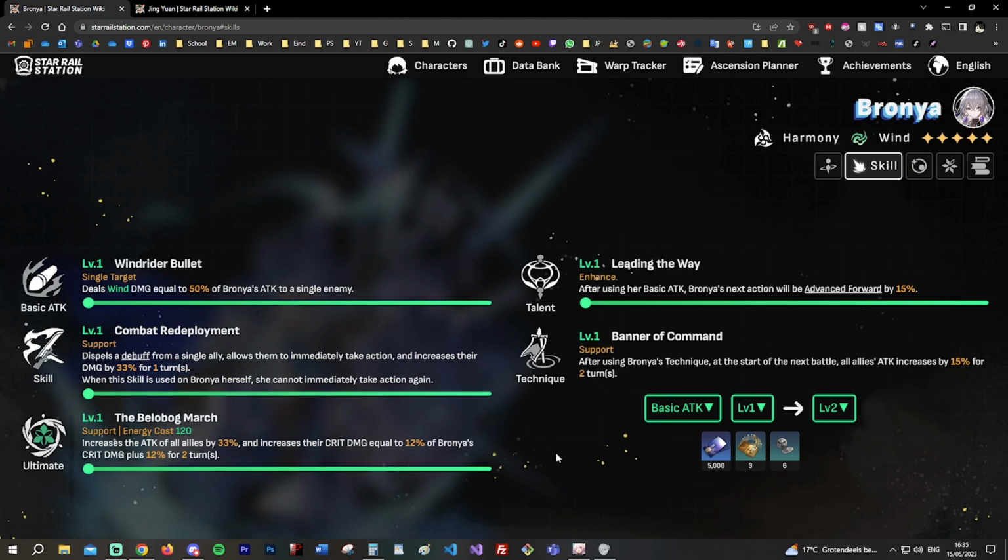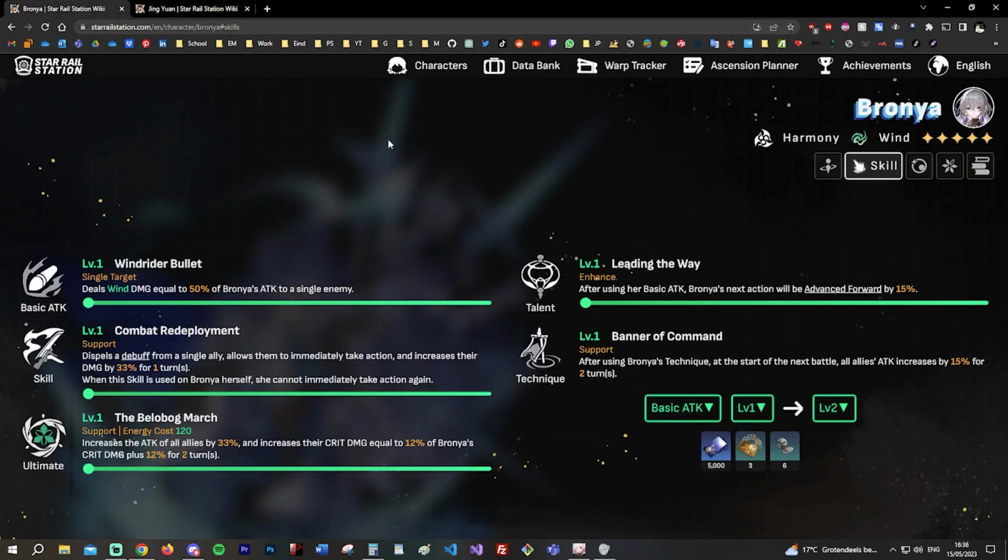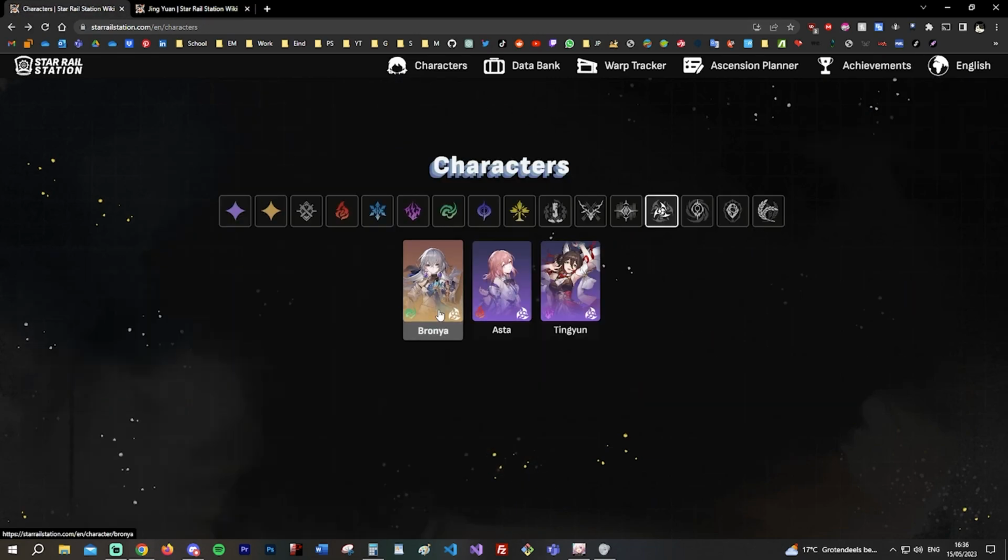because of course her buffs in general are really good. Besides that, Bronya's ult also buffs crit damage, and as we said, because Jingyuan builds very easily on crit rate, he values crit damage a lot. So right away Bronya is an amazing teammate for him, but that doesn't mean that the other ones aren't,